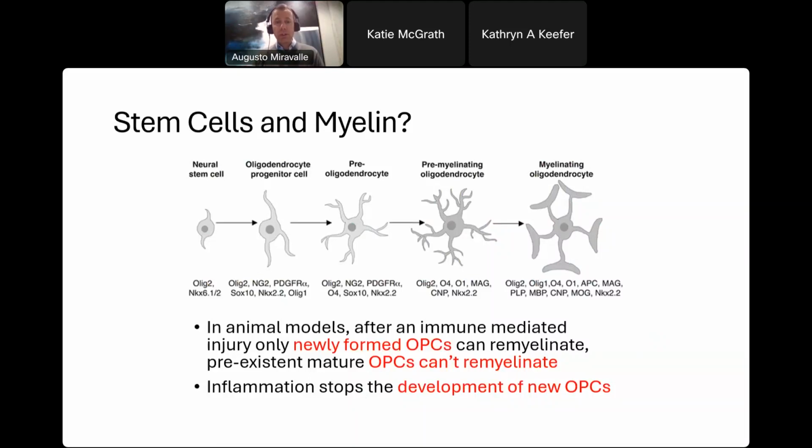So only newly created oligodendrocyte producing cells can remyelinate. So when you, for example, in multiple sclerosis, have inflammation in the brain, unfortunately, these cells that actually are precursors for oligodendrocytes, the ones that were pre-existing, cannot remyelinate, and that's due to the fact that there